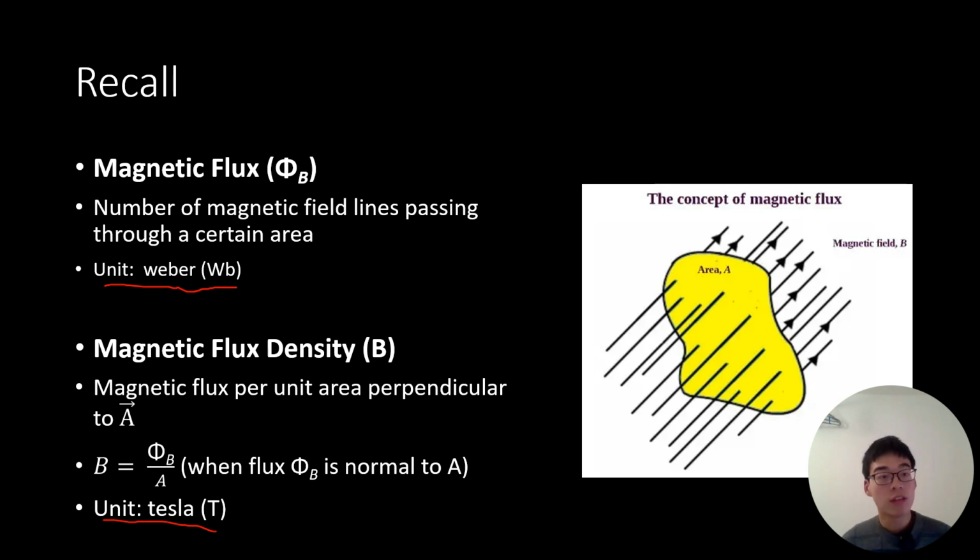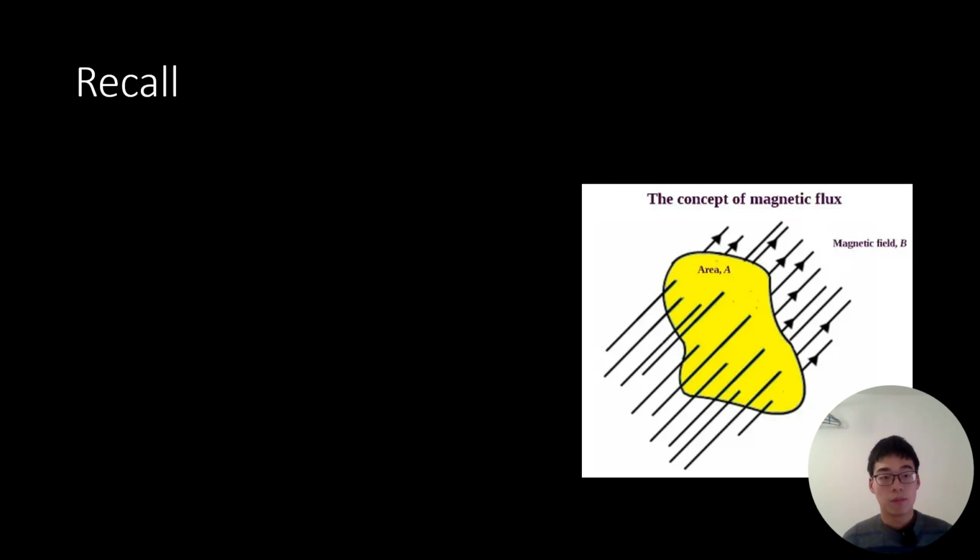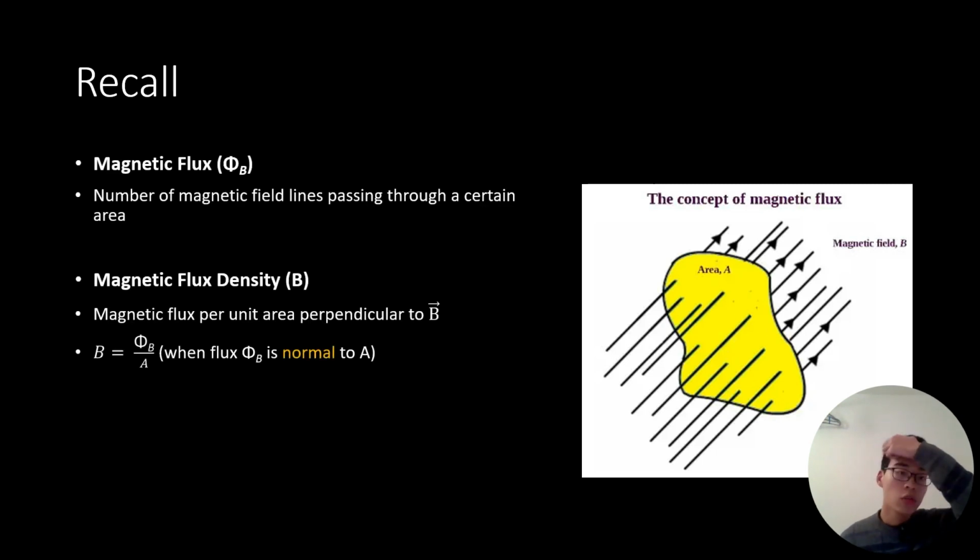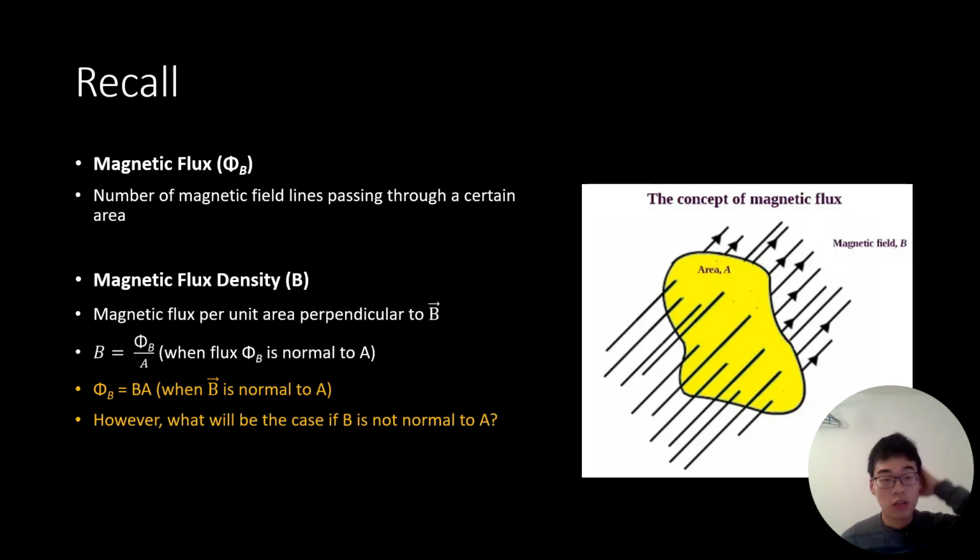So in order to write down the magnetic flux density with mathematical equations, we write B is equal to phi B over A when the phi B is normal to A. Okay, there is an important thing. The magnetic flux has to be perpendicular to the area to be calculated directly with this formula. So we can also arrange this formula into another one, which is phi B is equal to BA, where we just put the A on the left-hand side, but provided B, the magnetic flux density, is normal to the area